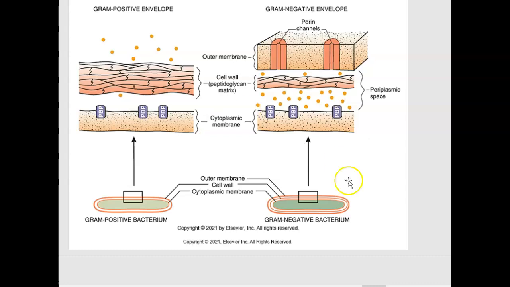Note that the gram-negative cell envelope has an outer membrane, whereas the gram-positive envelope does not. So the outer membrane here of the gram-negative cell prevents certain penicillins from reaching their target molecules, the PBPs. Okay, so there's a difference between treating a gram-positive bacteria versus a gram-negative bacteria. Gram-negative can be more challenging because they have another outer wall here that makes it more difficult for the penicillins